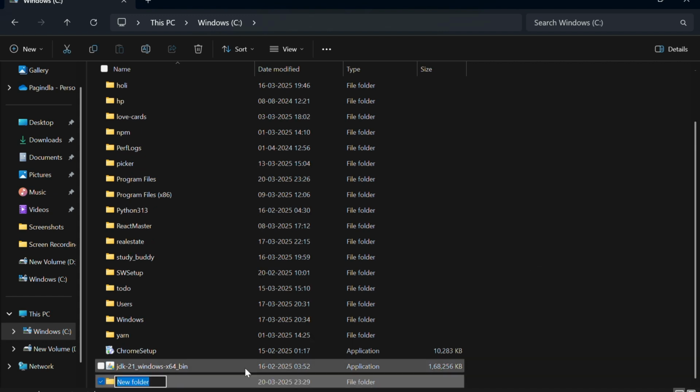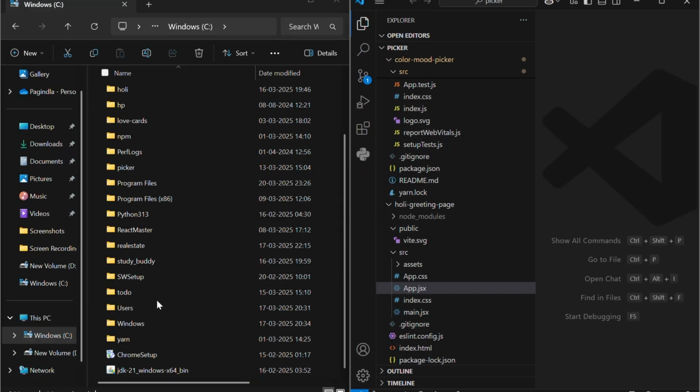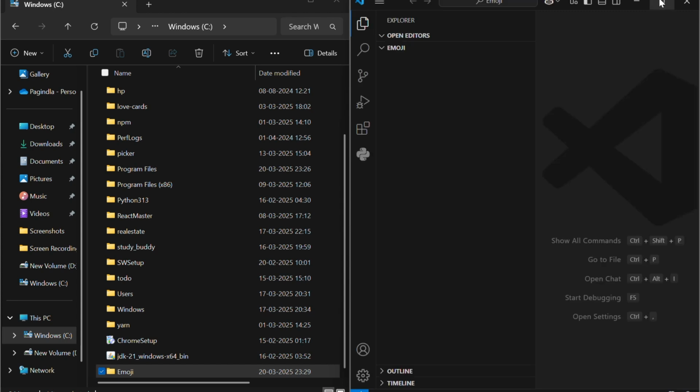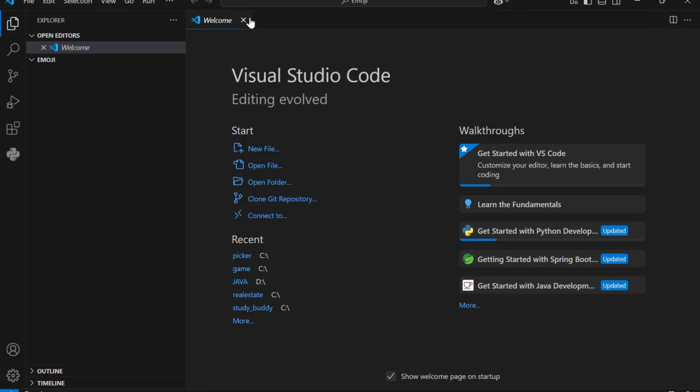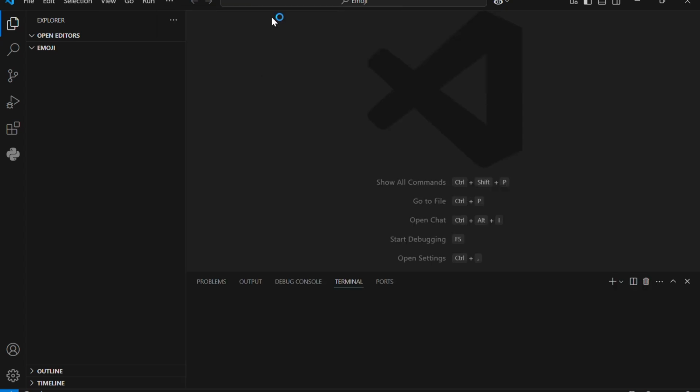First, create a new folder and name it anything you like. Give any name, like I gave the name emoji. Once you've created the folder, drag and drop it into your VS Code to open it there. Now, it's time to set up our project. Open the terminal in VS Code